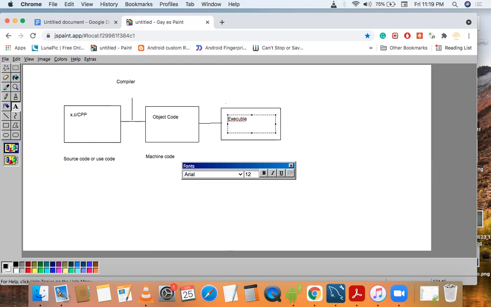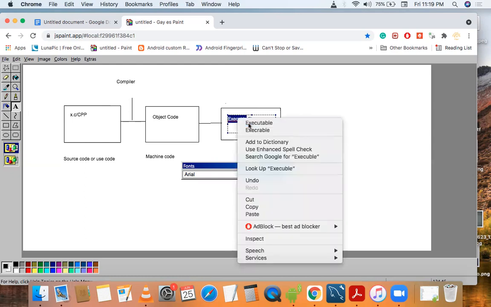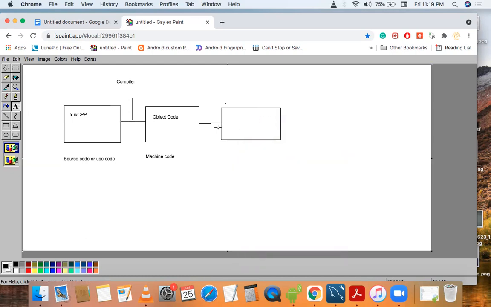After the executable file is generated, it is given to our system to print the output.